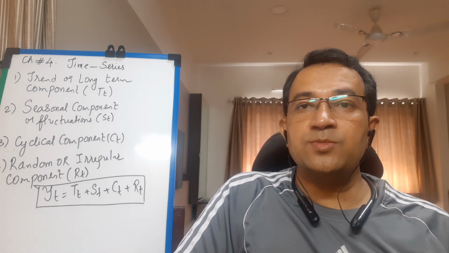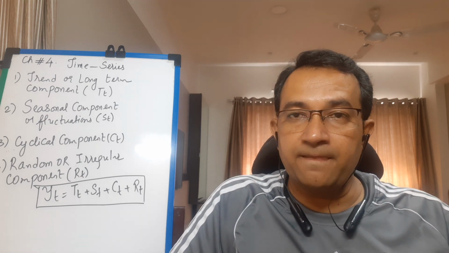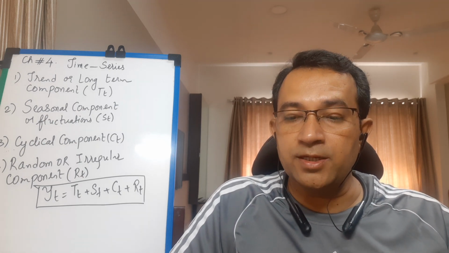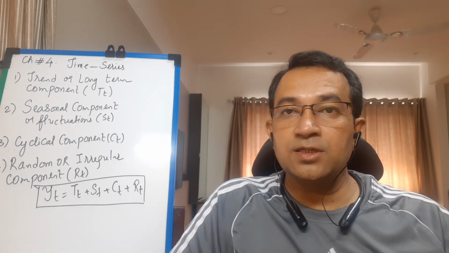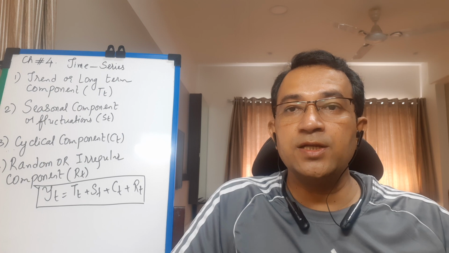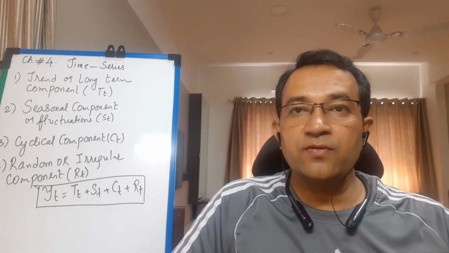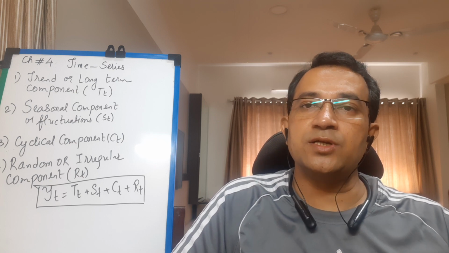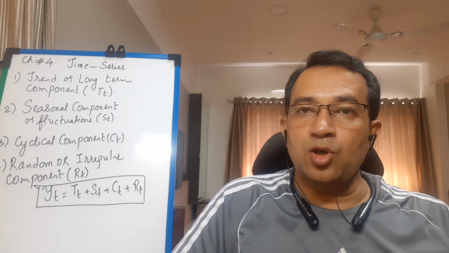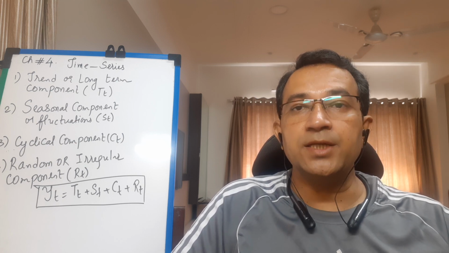The trend of a time series is studied generally for a long period of time, and this long term or long period is very relative. Say for agricultural production, a span of 10 to 15 years is sufficient to study the trend. Whereas for sales of electronic goods, a time period of 5 years is also sufficient to study the trend. So long time, long period or long term is completely relative.